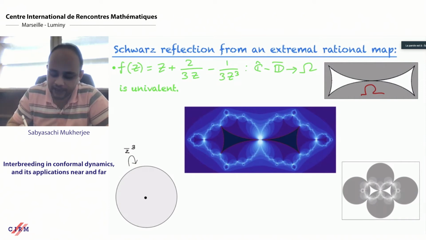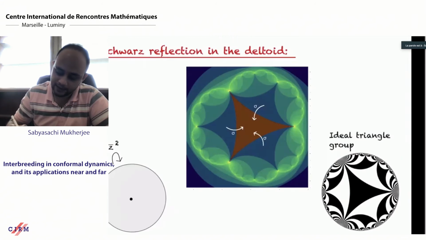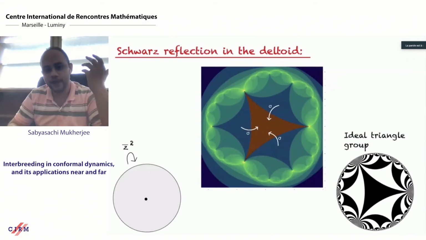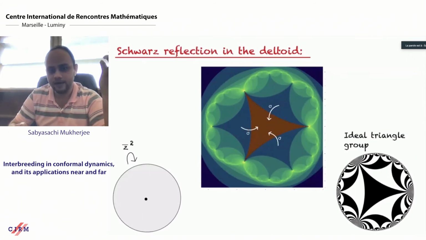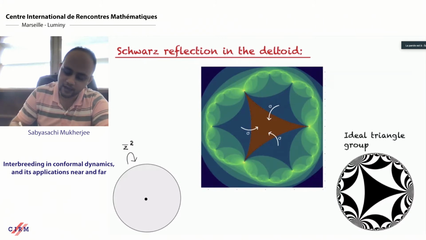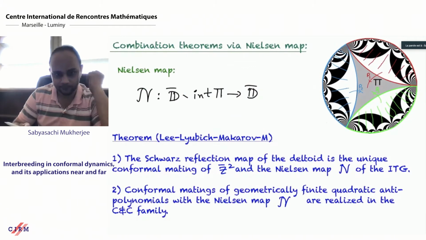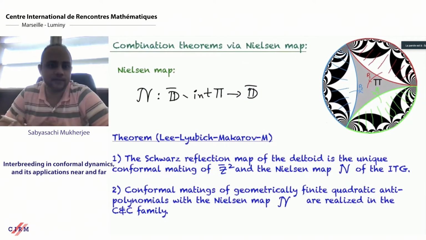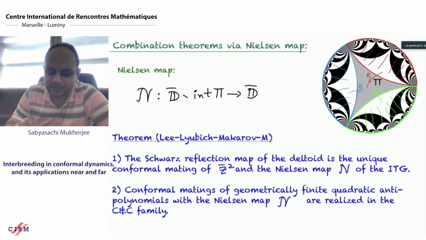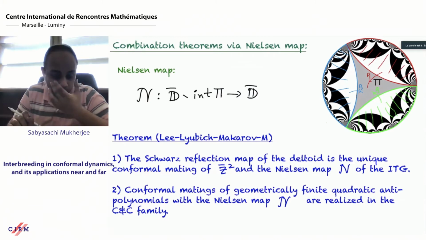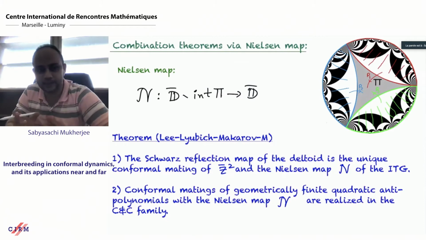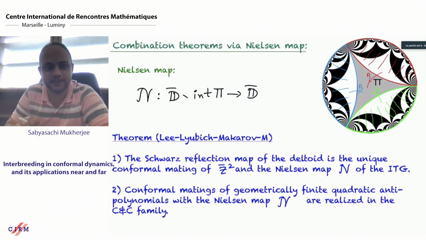But what is really the dynamics inside here, or maybe in this case here? To make sense of, in order to get a conformal model of the dynamics of the Schwarz deflection map on the escaping set, we need to define what we call the Nielsen map, because Nielsen actually introduced these maps in his work on surface automorphisms. These things he called Nielsen developments.